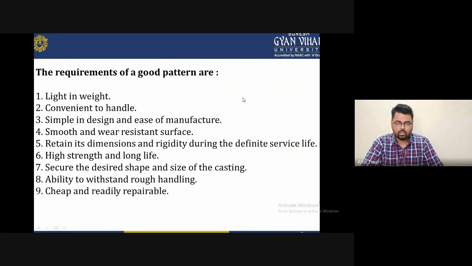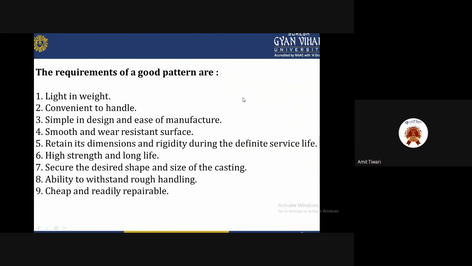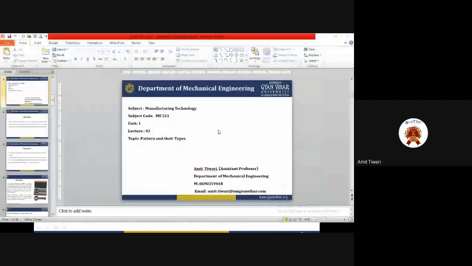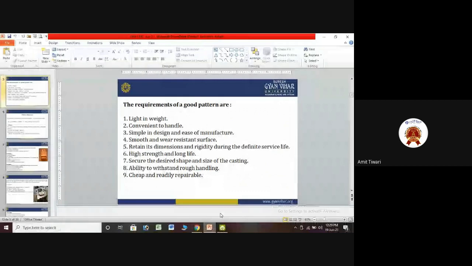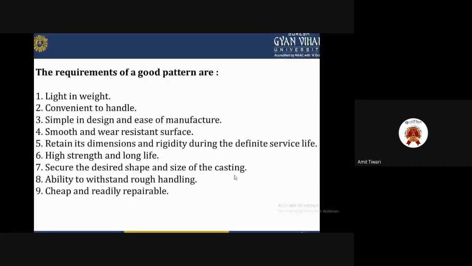Seventh is to secure the desired shape and size of the casting. That means securing the desired shape and size of the casting indicates a simple shape or a complex shape can be provided for any cast we are designing. If you want to make a simple circle, you fabricate a simple design. If you make a zigzag pattern for a casting, it will be made with that type of structure also. So these are some advantages you get for the casting. Manufacturing is simple, or easy to construct.